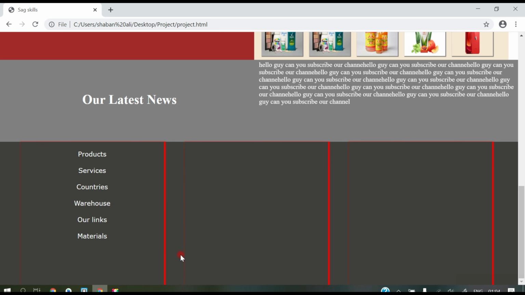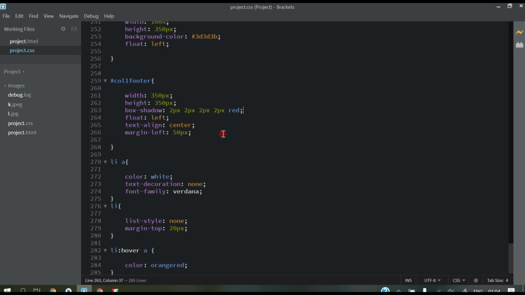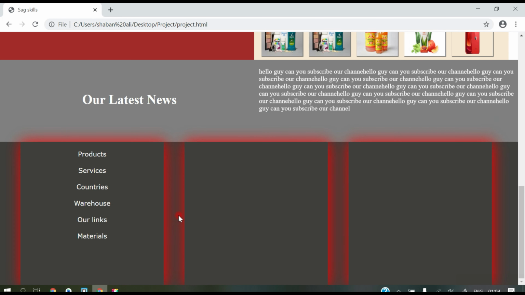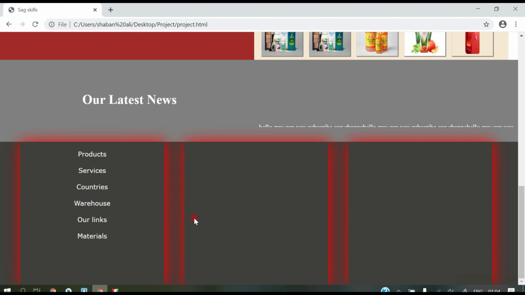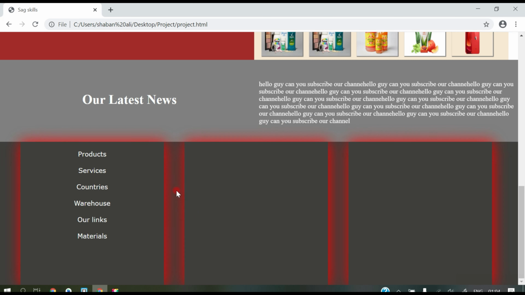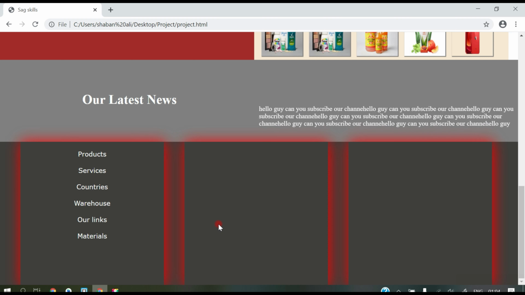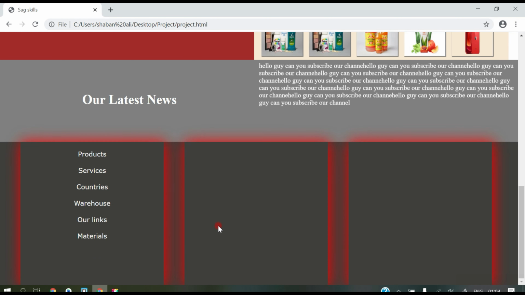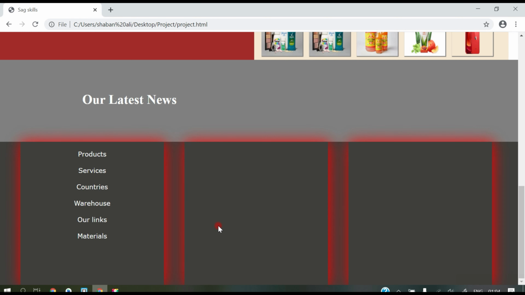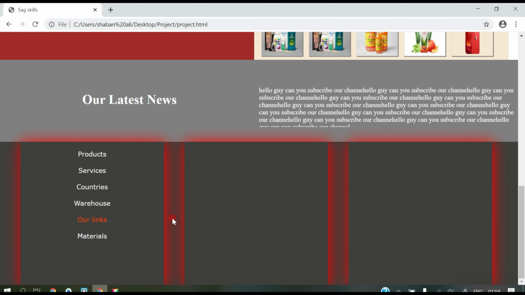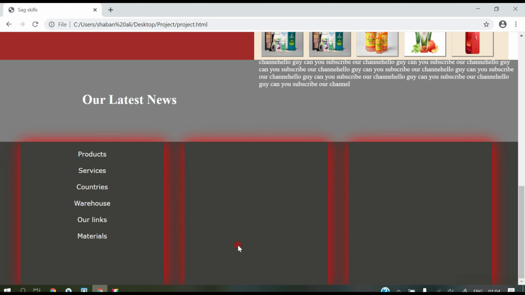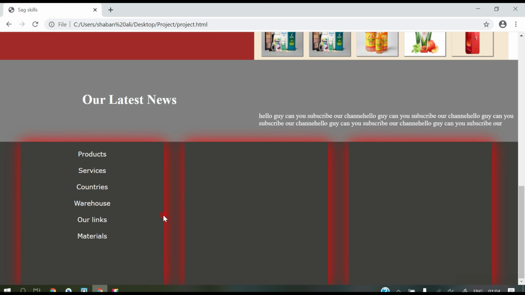So let's spread these shadows a little. For that, instead of here, write 33. Control S, go to browser. So guys, you can see we have blurring and a much wider spread of our shadow, and it's looking very good. All these things we have taught you already in our previous video. If you don't know how to use box shadow, how to use border and all these things, you can watch those videos, then you will understand this very easily.